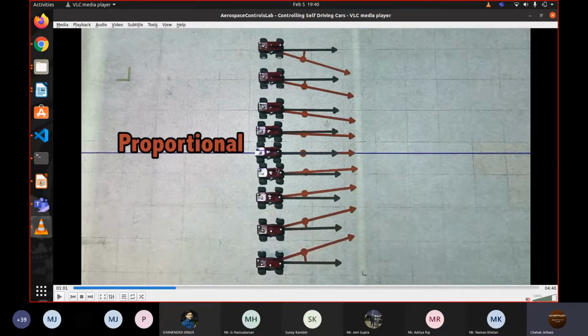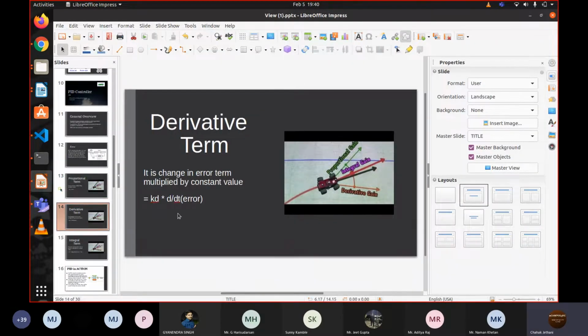The car has to follow a blue line और कार की पोजीशन अभी यहाँ पे है, इस वाली पे, ठीक है. एरर टर्म होगा this value minus this value, the position of blue line minus the current position of car, and the proportional gain is just a constant term multiplied by the error. Okay, and differential term is a constant term multiplied by the change in error, and we write the change in error as derivative of the error. Okay,